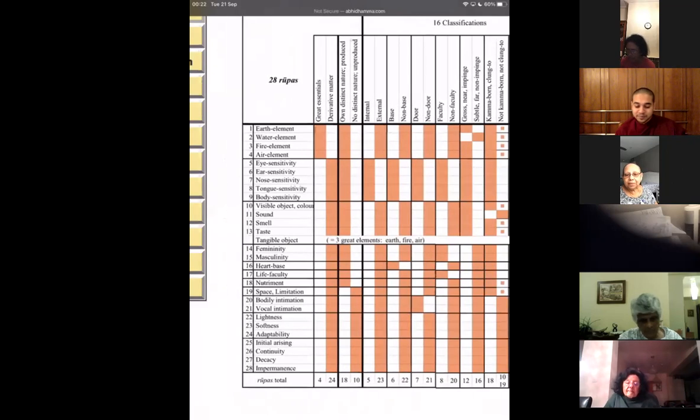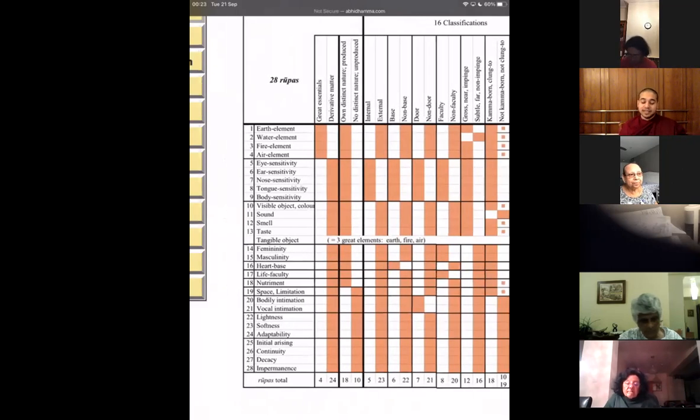Chamari. Faculty and non-faculty, Chamari? Bhante, yes. So faculty is the Indriya. So Chakku Indriya, Sota Indriya. So it works as a, how do I explain the Indriya? Yeah, it is the faculty through which these functions are performed. Okay.